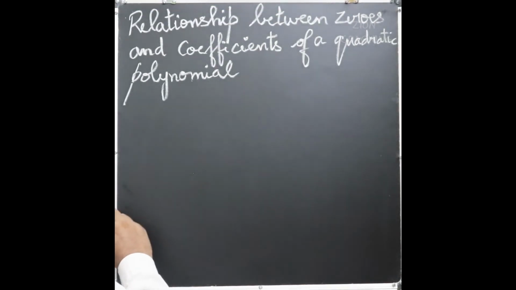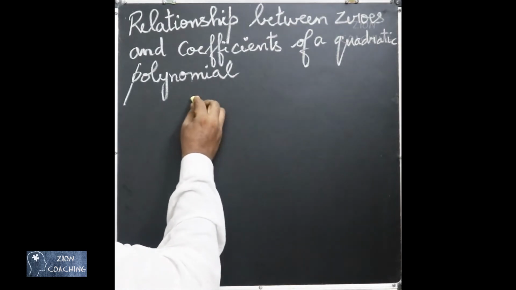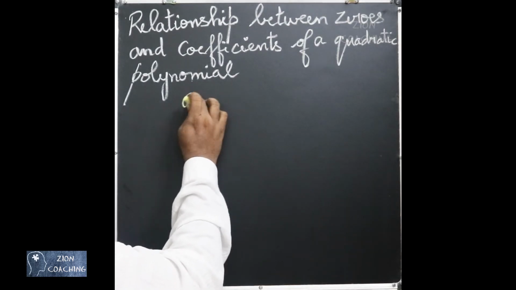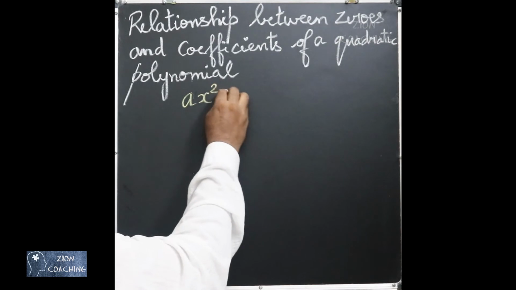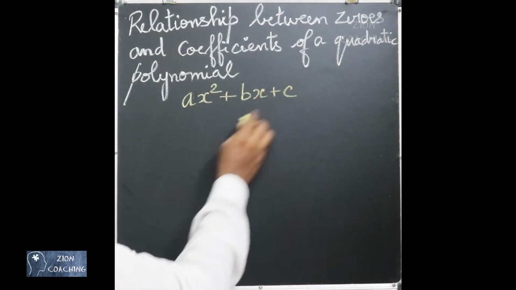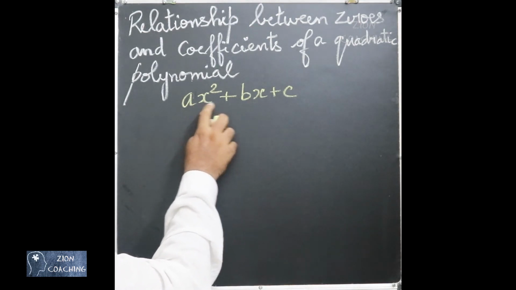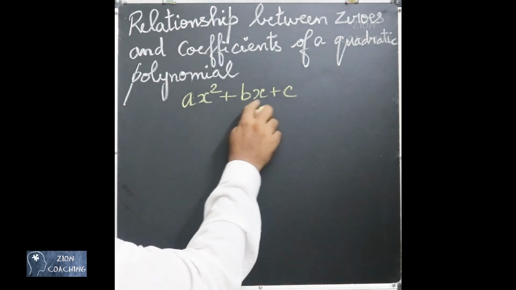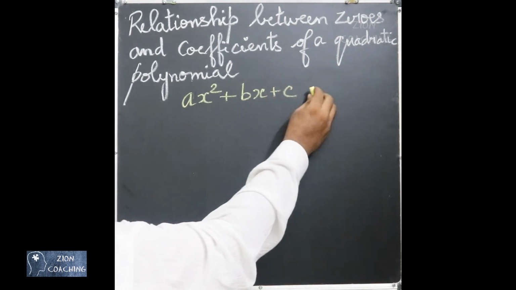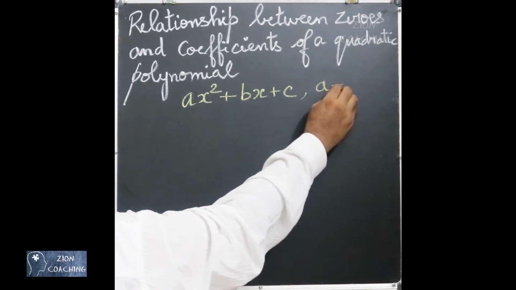We are going to discuss the relationship between the zeros and the coefficients of a quadratic polynomial. We know that the general form of a quadratic polynomial is ax squared plus bx plus c, where a is the coefficient of the x squared term, b is the coefficient of the x term, and c is the constant term. In this, a value should not become 0,